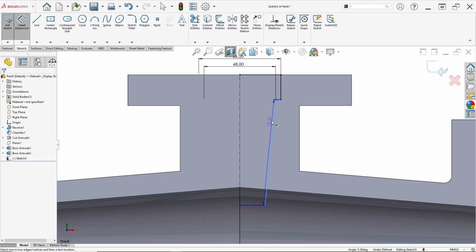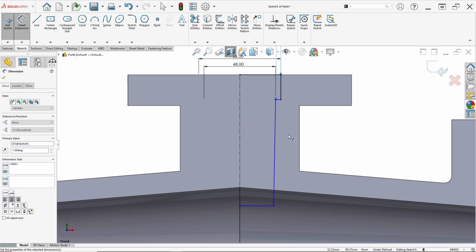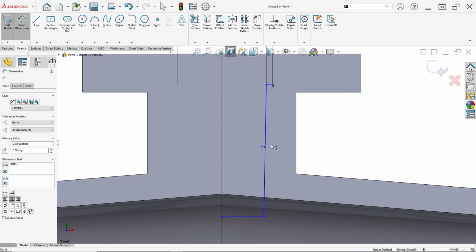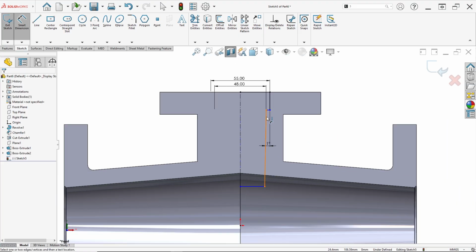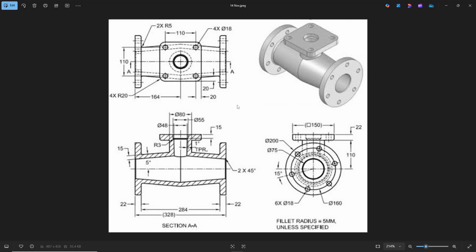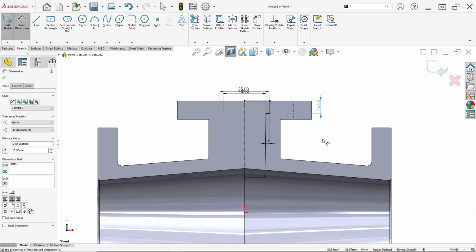Sorry, this line and this line have an angle of 1 degree, like this. So don't forget to input the angle here, 1 degree, this line to this line, and this line has a length of 15 millimeter, input 15 millimeter, like this.